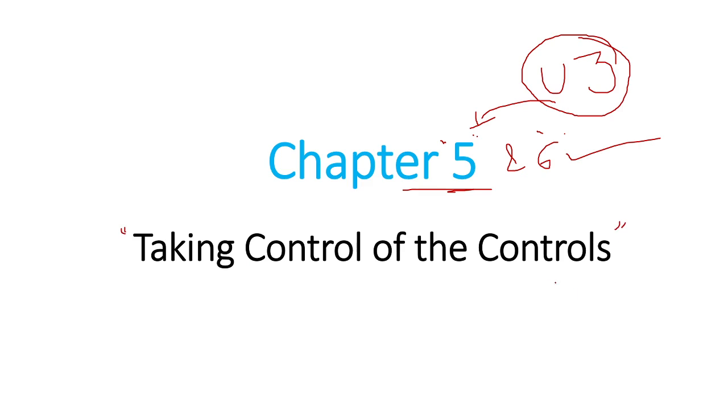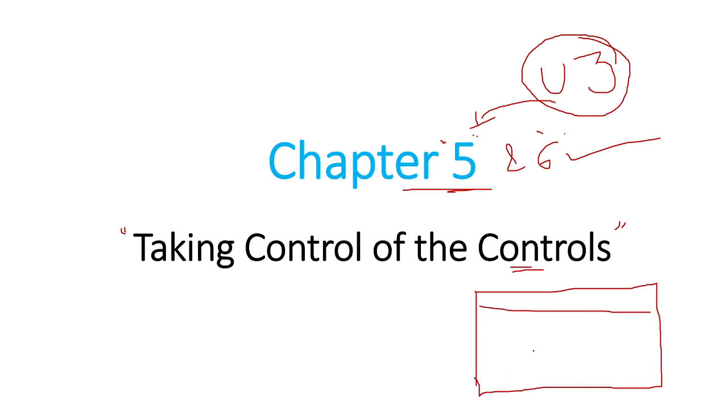At a high level, the aim of this chapter is that you will learn how to get control over the controls. I will simplify this statement. Controls are nothing but the UI elements present in the application. Suppose I take a browser and we have opened the Google search engine. There will be a big search box and a search button. So controls are nothing but the UI elements present in the application.